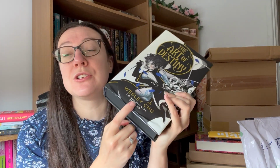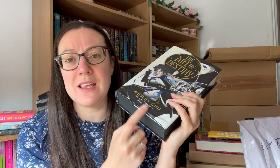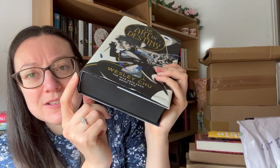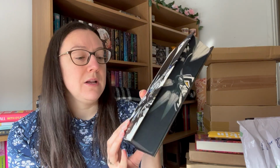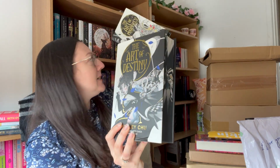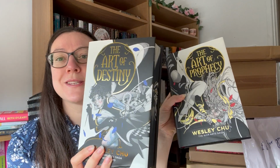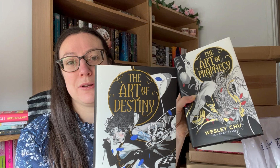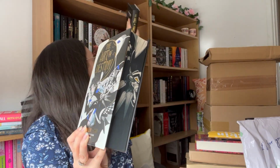This is one of the issues with ordering from Waterstones online. They don't take care with their books. That is quite badly creased as well. Anyway, it's The Art of Destiny by Wesley Chu, and the first one there is The Art of Prophecy. And I've kind of broken one of the cardinal rules here. I've bought a sequel without reading the prequel. So yeah, I have not read this, but I kind of saw that